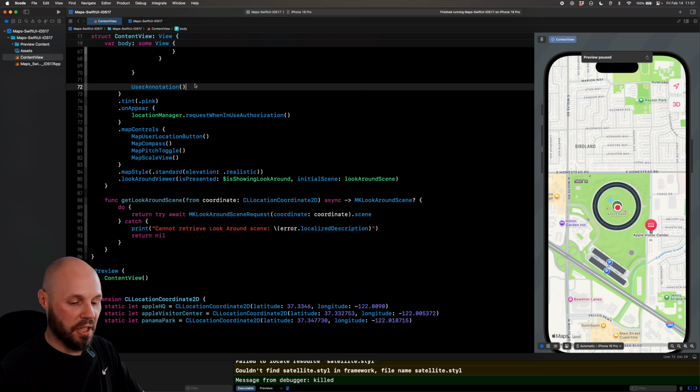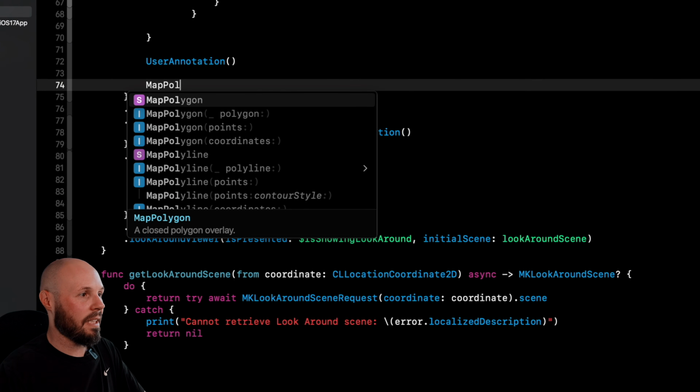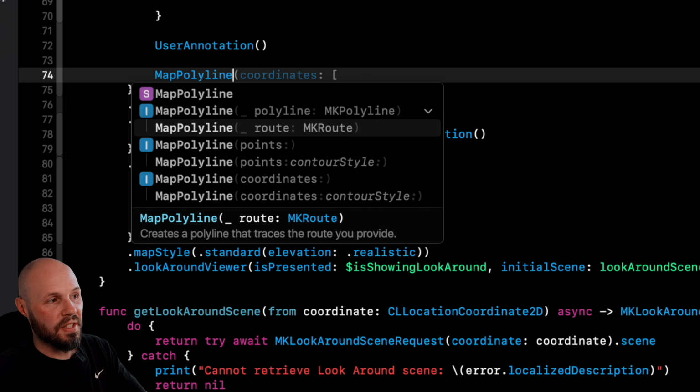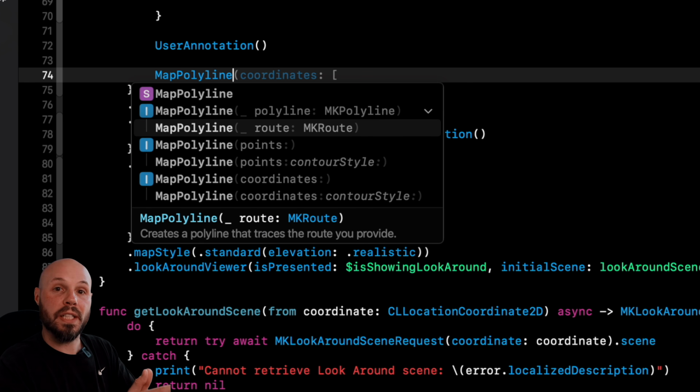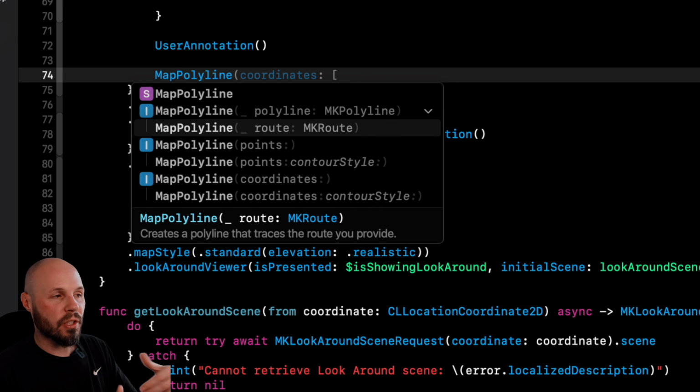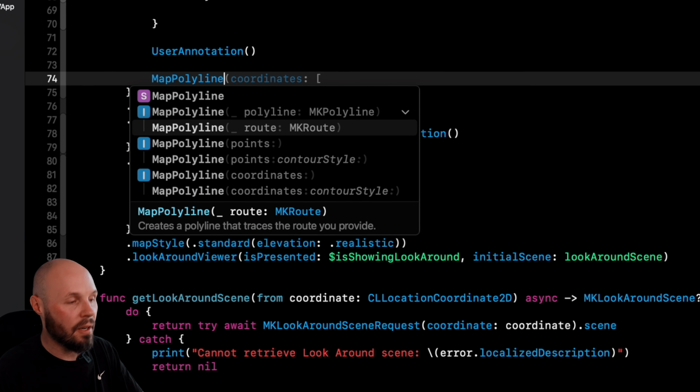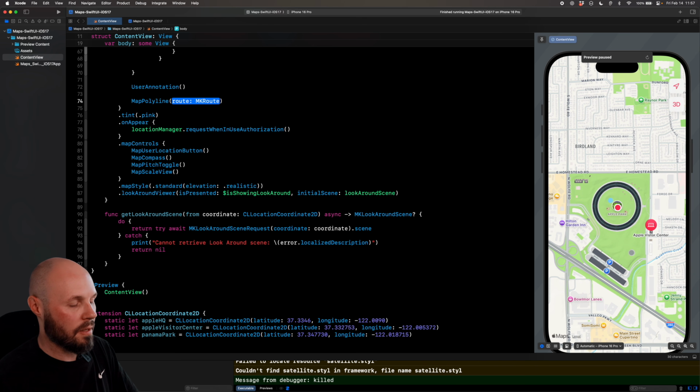So below this user annotation, I want to do a map polyline, and I want to do it from a route, because we're going to create this MKRoute based on directions from one coordinate to another coordinate. That's going to create a route, and then the polyline is going to paint that route onto our map. So do MKPolyline from a route, and I don't have a route yet, so let's actually go up and